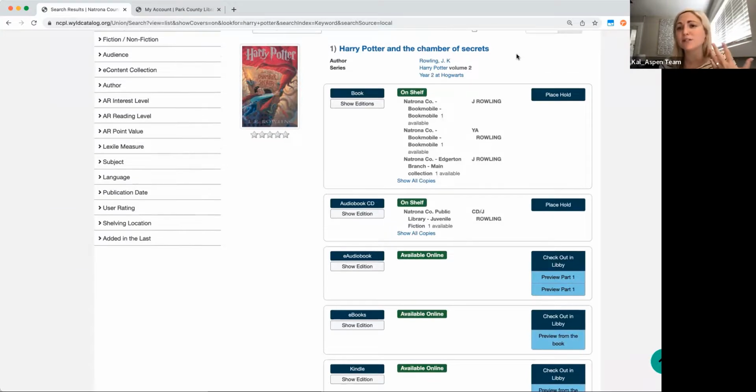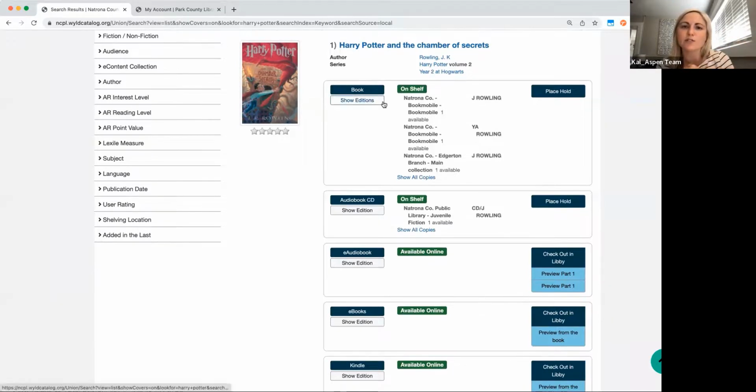And most of the time patrons don't even know that Scholastic had one in 1999 and then it was reprinted again in 2005 or so on. That's more like a library kind of thought. So in this case, what we're doing is we're grouping things together for patrons. So when they place a hold, they're just going to get the fastest thing that's available that they have access to of those editions.